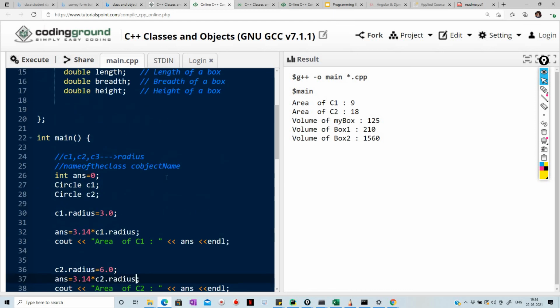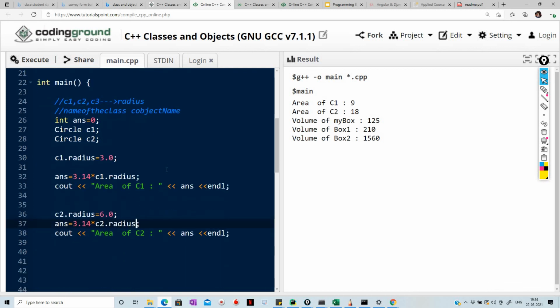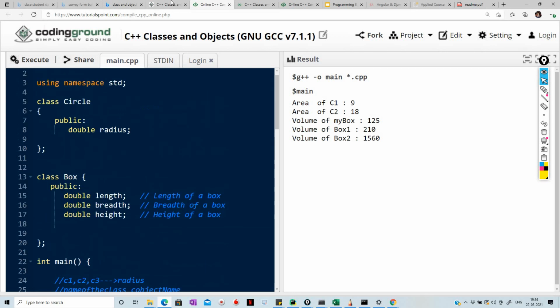So this question जो भी मैंने आपको solve करके दिया, वो एक partial solution है for your board paper. Okay, where we have to find out the area of circle using class and object concept. Okay, that simple idea we can think. So at least we got the idea. So you can take this example and you can play around with this thing.